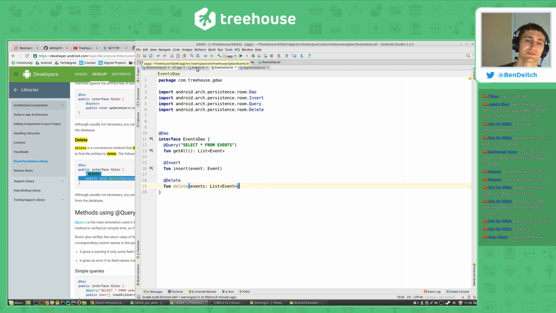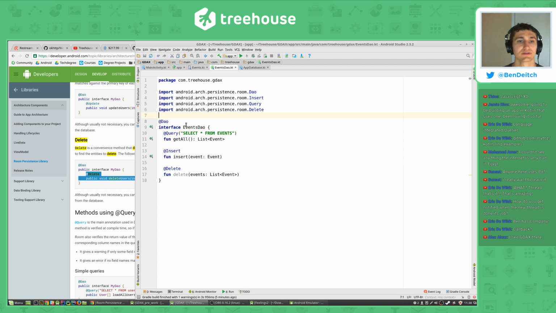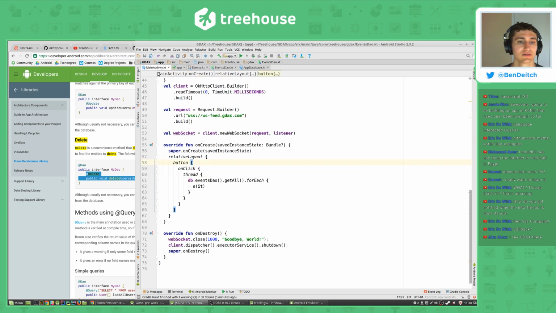It's a little confusing to me how Room works behind the scenes, because with the typical SQL database, if you were to delete all the data in the database, you would also need to update the database structure. You need to put in the DML to add the columns or delete the table and recreate it, or however you were going to do it, you'd need to take those steps. But so far it feels like you don't need to do those steps, but we shall see. So we've got delete in there. So let's